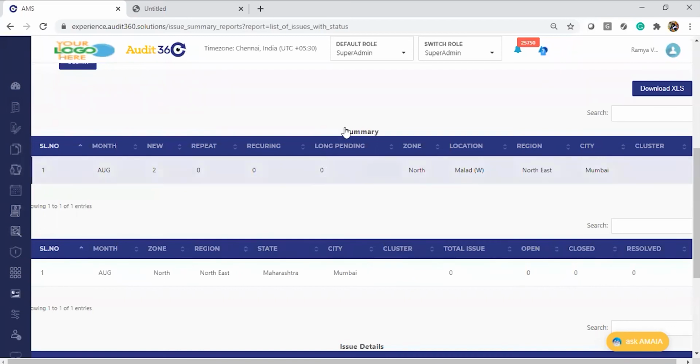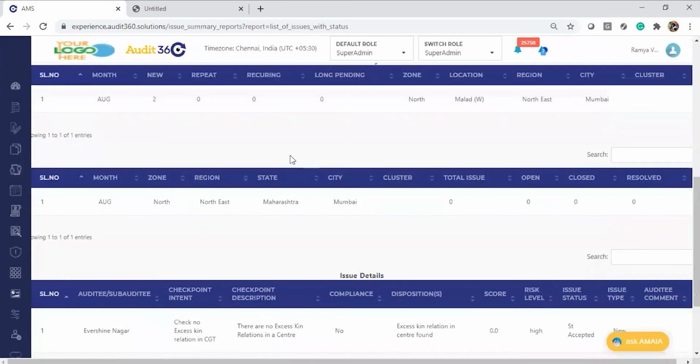And then we have one more status which is called long pending. Long pending is nothing but, out of whatever issues we have identified, how many issues are pending for very long. So I identified an issue in the month of January, but till now it has not been resolved. So that becomes a long pending issue, which gets tagged in the summary. This first summary would talk only about the numbers, and then you have the geographical details.